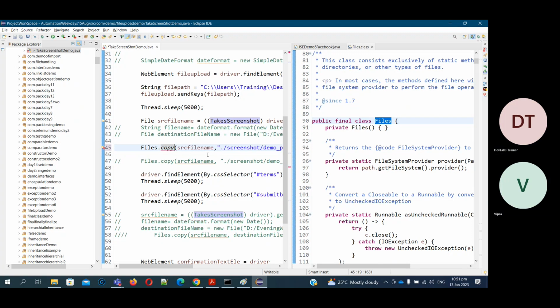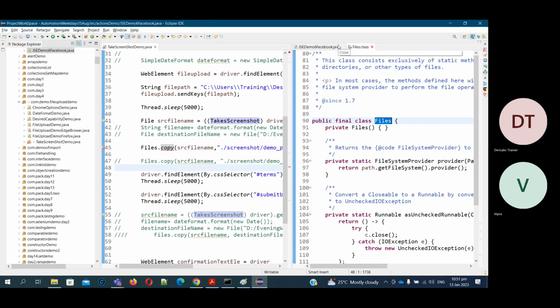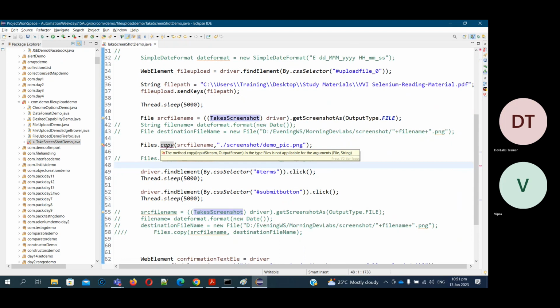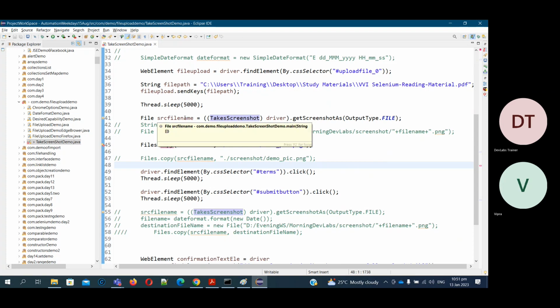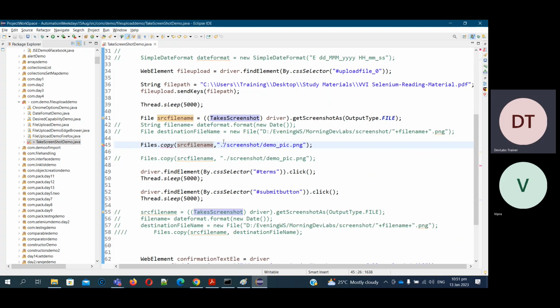Yes, let me check what the issue is. The method copy is not applicable on arguments file and string. It should be the file type. That's what it is saying. Okay, I understand. But it's a file type only, right? Source and destination is a string. If I look at the arguments of this, it's saying that